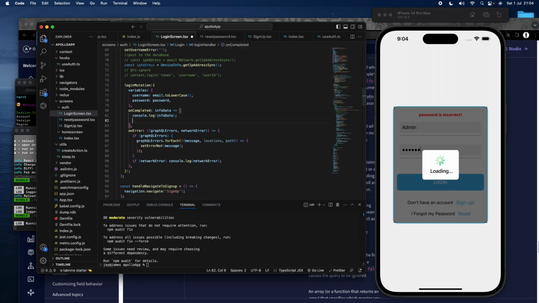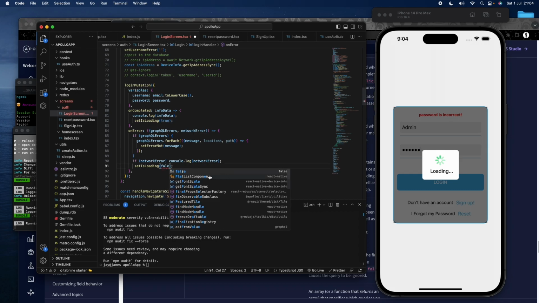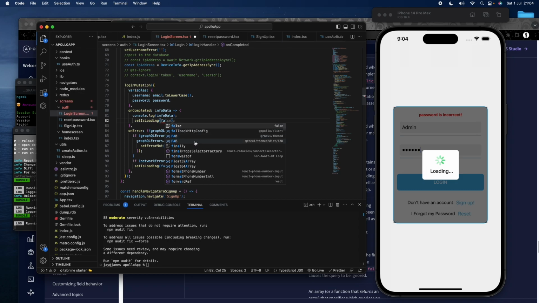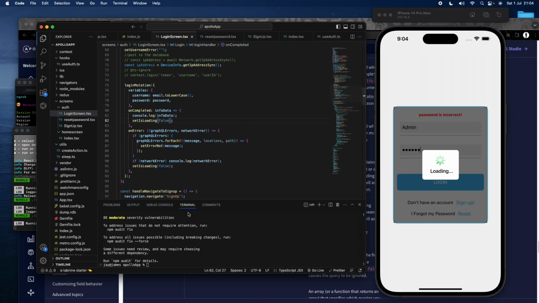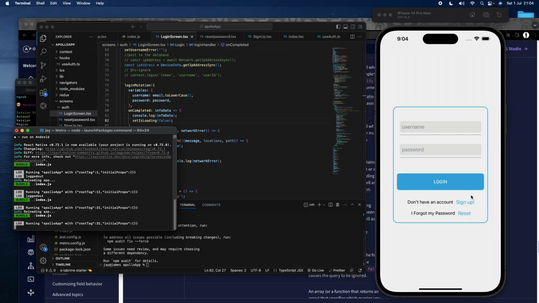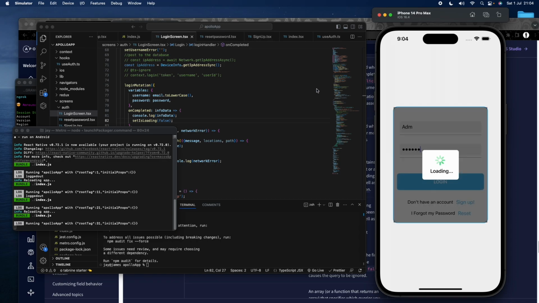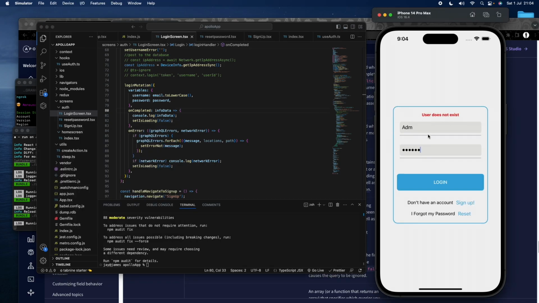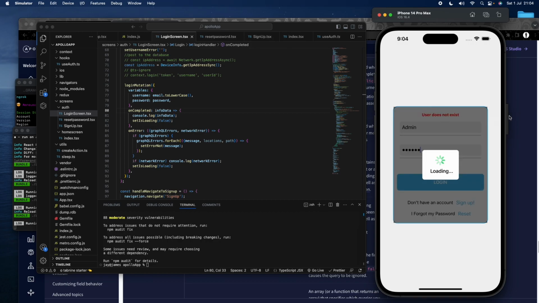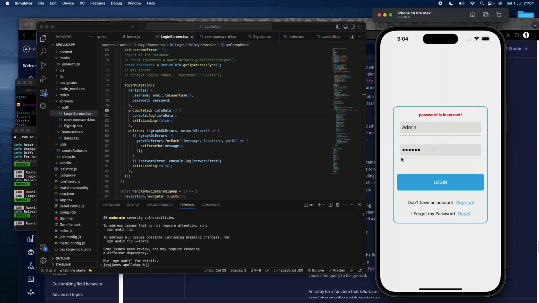So both uncompleted, and also here false. So if I put something random, it's gonna give me user does not exist. If I do admin and then password incorrect, if we actually now do the correct password,